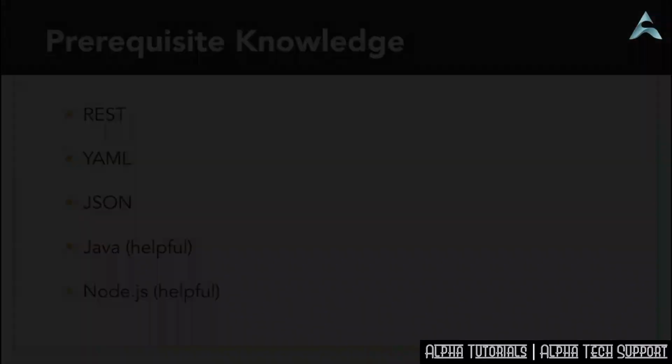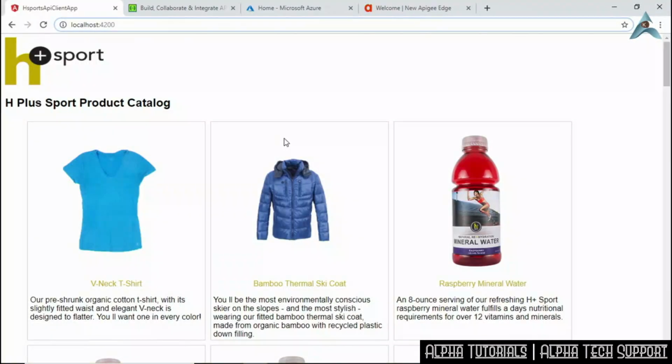I'd like to give you a preview of the application we'll be building out in the final chapter of the course. So for the course project, we're going to build the H+ Sport product catalog application. This is an Angular application that receives its data and capabilities from the H+ Sport catalog API. So all the information that you see regarding the products within this page is provided by an API implementation that